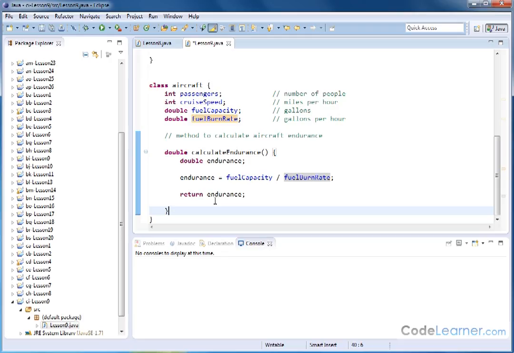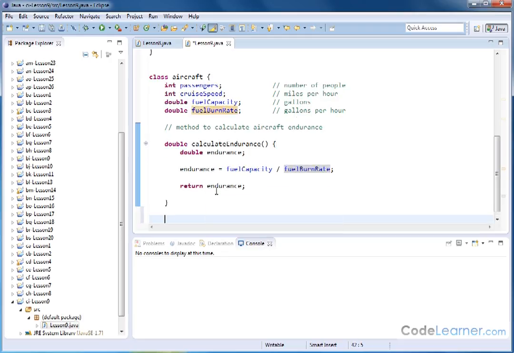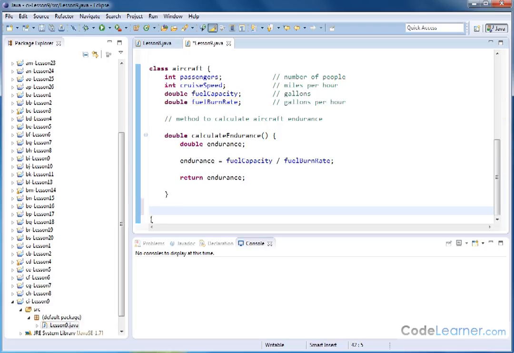We can just add a new method here. So this is the method that we already have. We just skip down a little bit. This closing curly is closing off the aircraft class. We want to be inside of that. And then we create a new method. And it's going to have a double as a return value because we're going to be returning how many hours